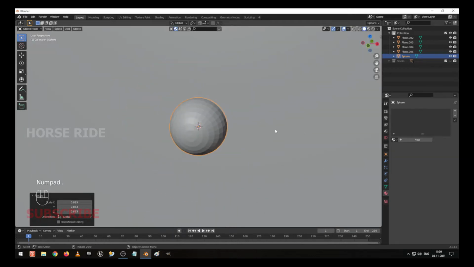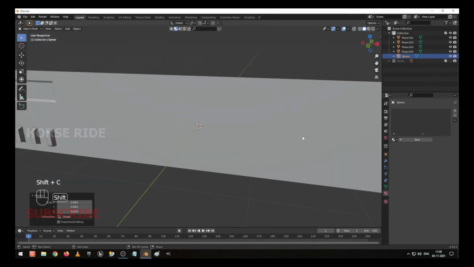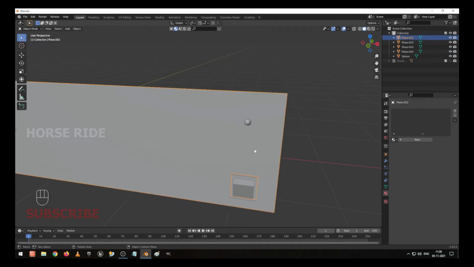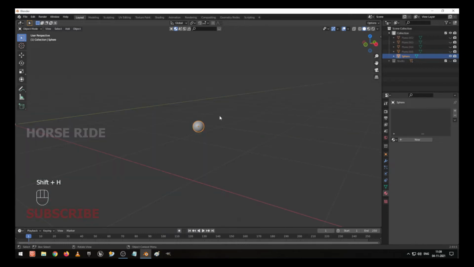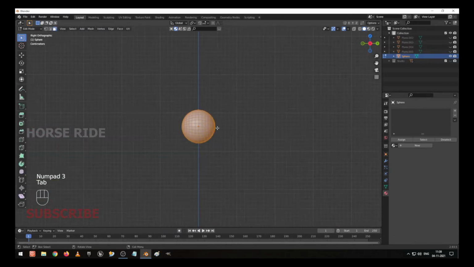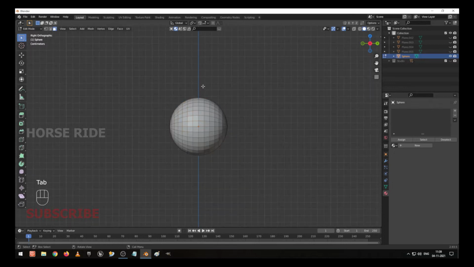Okay, now I press Shift C to move the 3D cursor away from some other place which is not required, which is disturbing us. So I go to this, select, and press the period key. I press Shift H to unhide others. I go to side view, go to edit mode. Now I go to the vertex selection, Shift Z in vertex view.